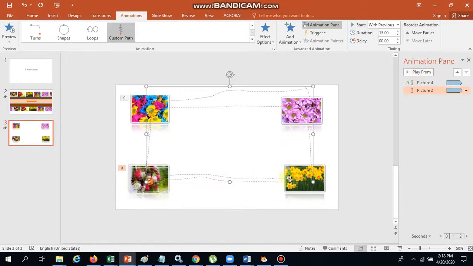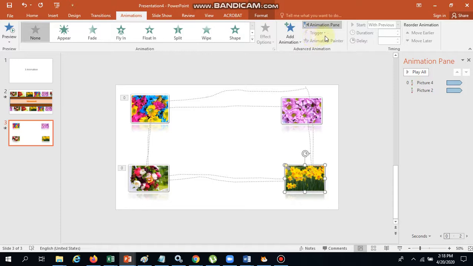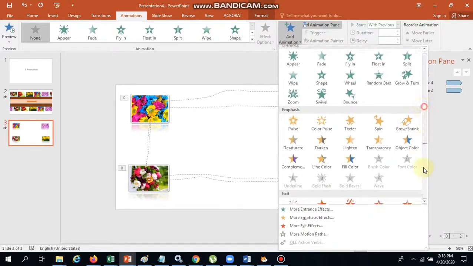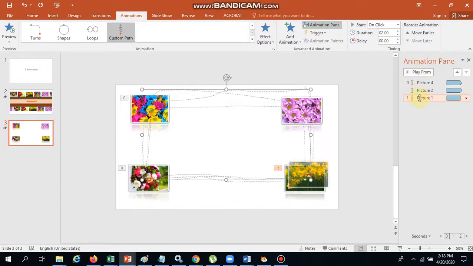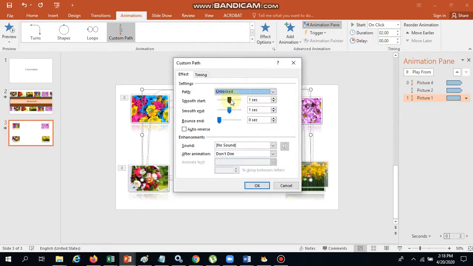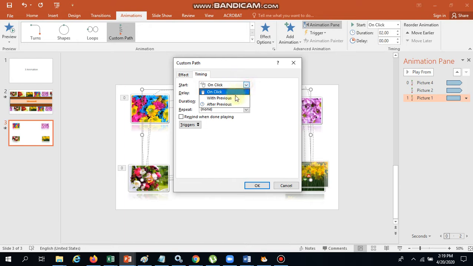That's it. Then choose the next one, Add Animation, Custom Path, draw the rectangle shape for that picture, then Effect Options, smooth start and smooth end, timing with previous, duration 15 seconds, repeat until end of the slide.